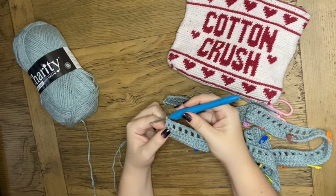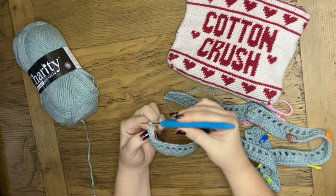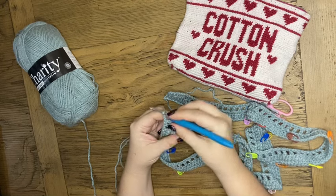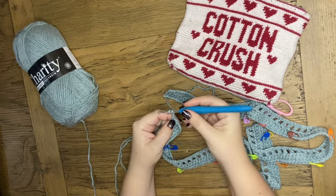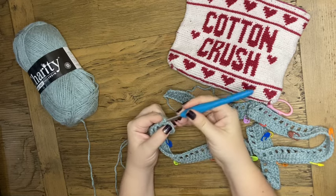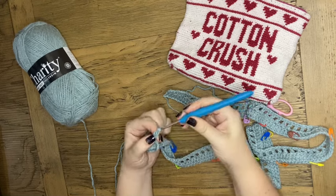We're going to move on to row 3 now. So let's chain 2, 1 and 2, and then turn your work. So for the next row, we are just going to make a row of double crochet stitches. So you're going to yarn over and into that very first stitch. You're going to insert your hook, yarn over, pull through, yarn over, pull through 2, yarn over, pull through 2,